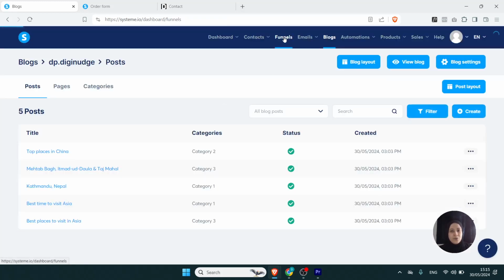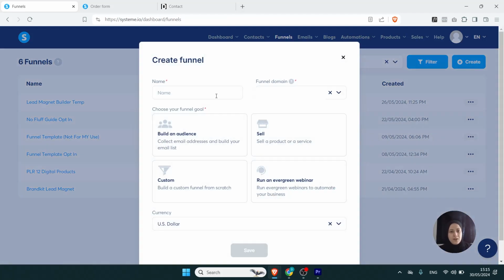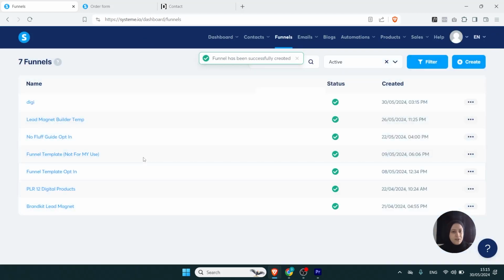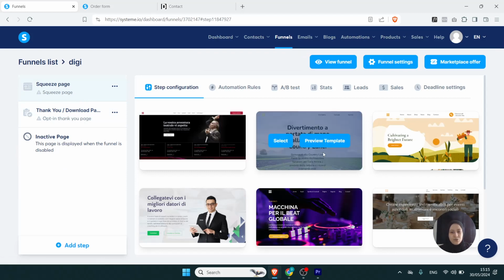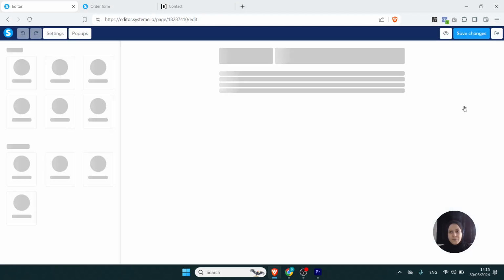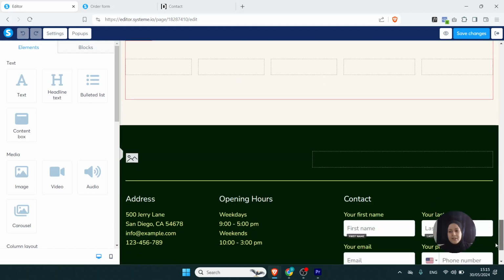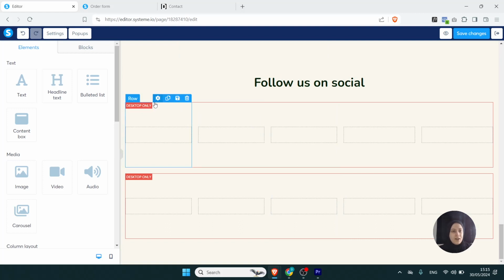So if you go to your funnels and create, let's create a new one, and let's just build an audience and save. So this is the funnel. Let's choose this one, and if we edit the page, we go all the way down. It has its own footer. It comes with a footer, but we probably don't want that, so we just delete it, and we go to